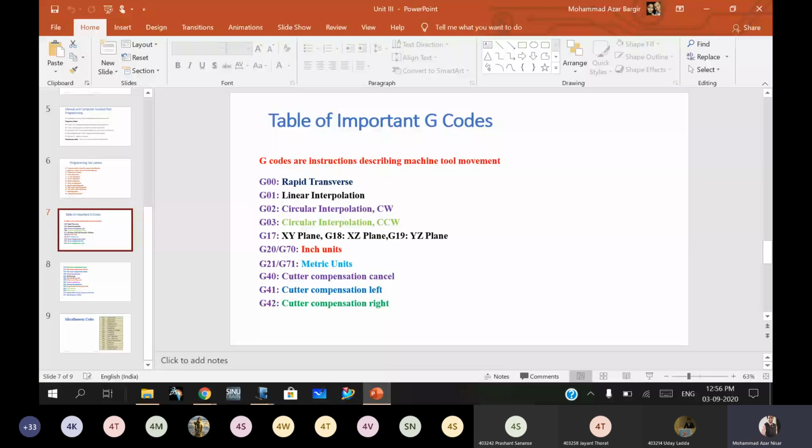Apart from these, sometimes we require other codes which are rarely used in programming, but you should know what their use is.